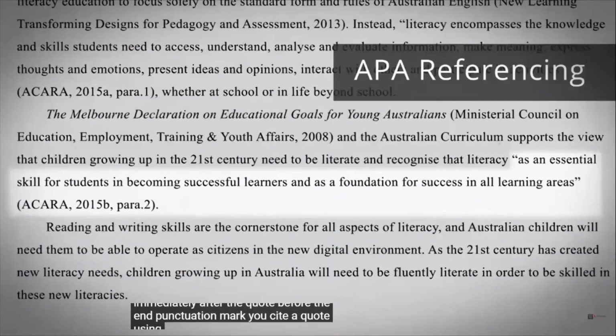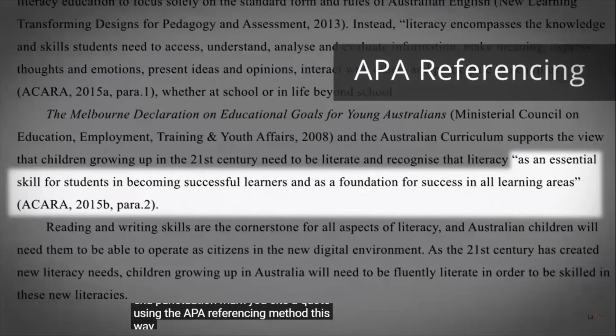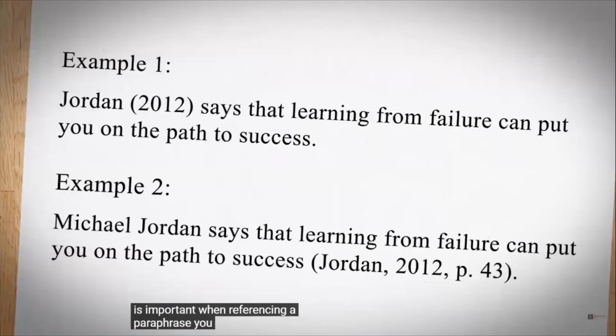You cite a quote using the APA referencing method this way. Take note of the punctuation, as this is important. When referencing a paraphrase, you can either begin your sentence with the in-text citation or end with it. Regardless of how you use your in-text citation, you still need to follow the same rules as set out by